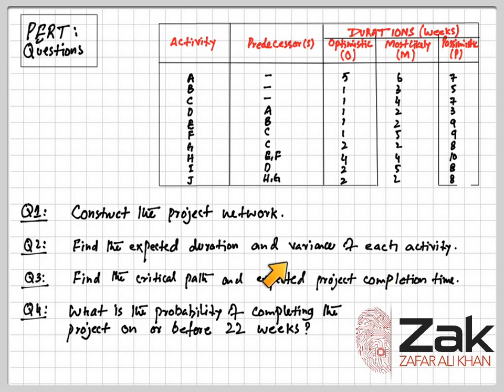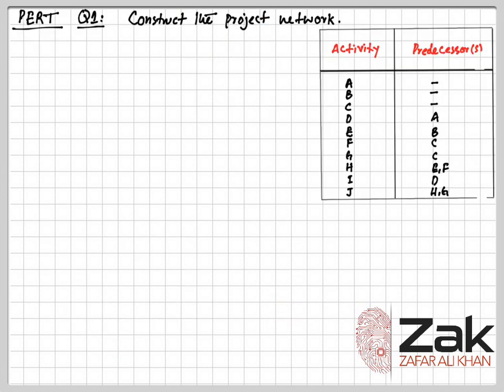So once we have this project network done, the project diagram, the network diagram, we will be able to find the critical path. This is as it would be with CPM, critical path method, and expected project completion time. And then we will have to find the probability in question number 4 of completing the project on or before 22 weeks. So to answer this question, construct the project network, I have borrowed these 2 columns from the original